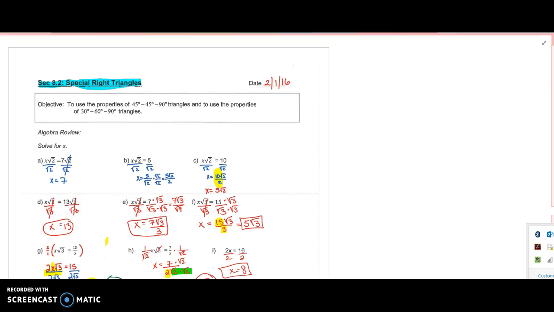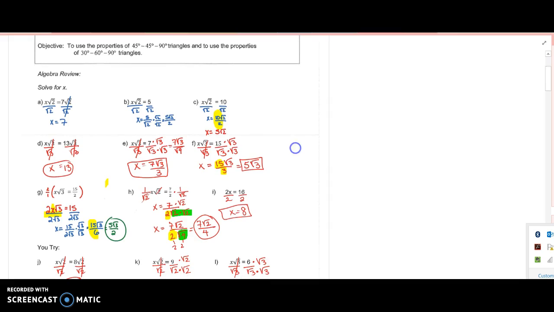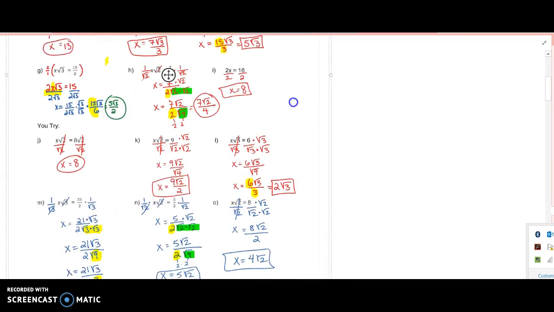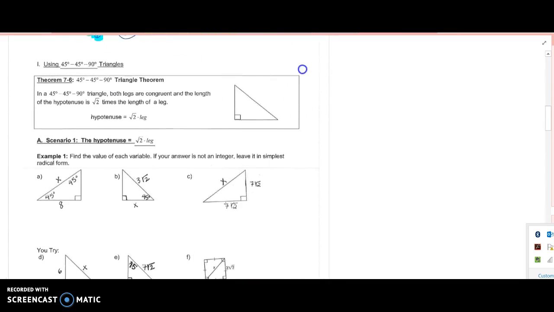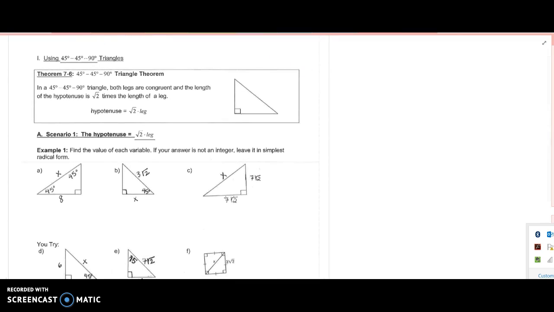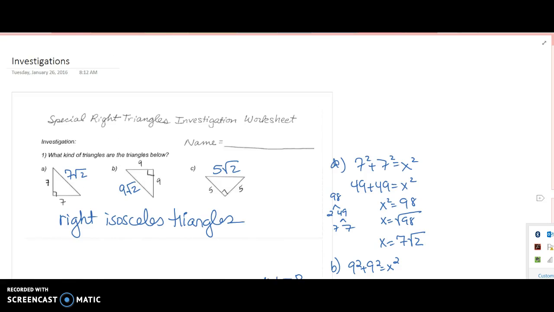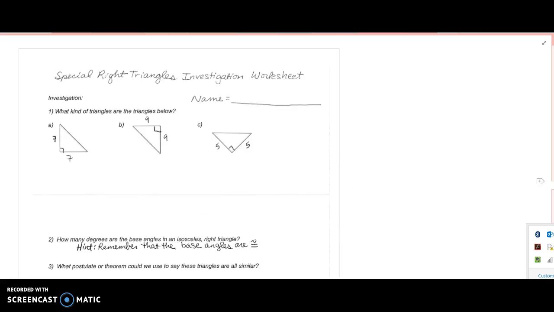All right, we're talking about special right triangles this morning. We just finished talking about the algebra piece, and we're getting ready to talk about the 45-45-90 triangle theorem. So I hope the other day in your homework, in your investigations worksheet that looked like this,